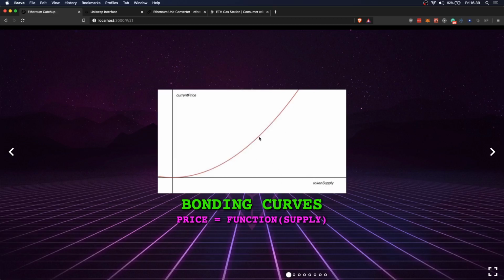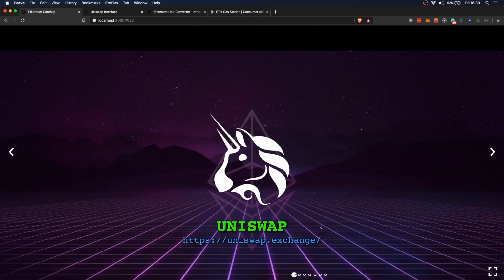And as people sell, the supply goes down, and so it goes wherever the intersection is between the supply and the price. And so a bonding curve, in essence, is just the price being equal to a function where your only parameter is the supply. And that can be defined however you want